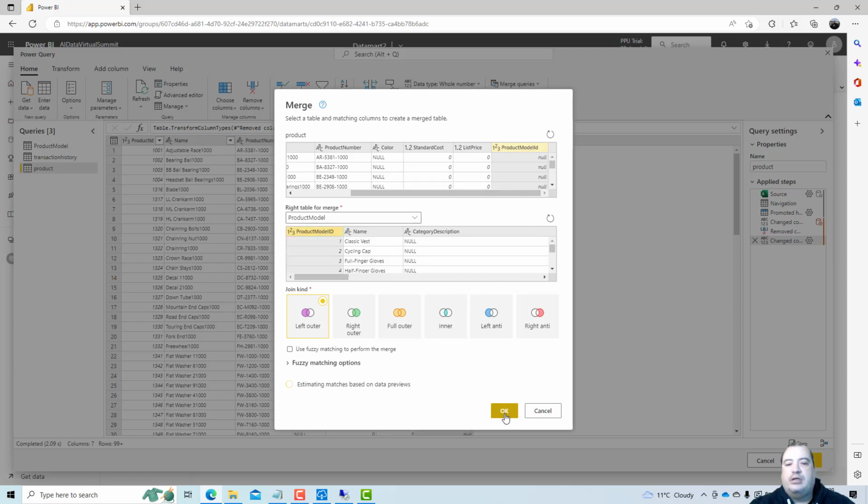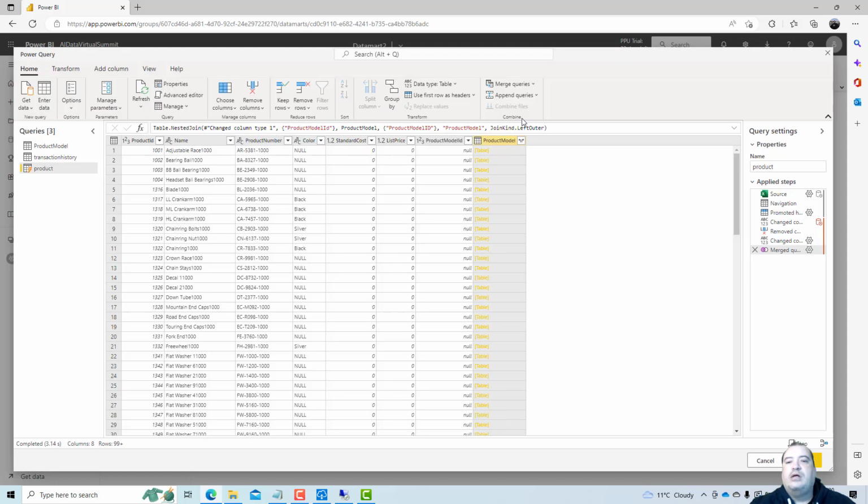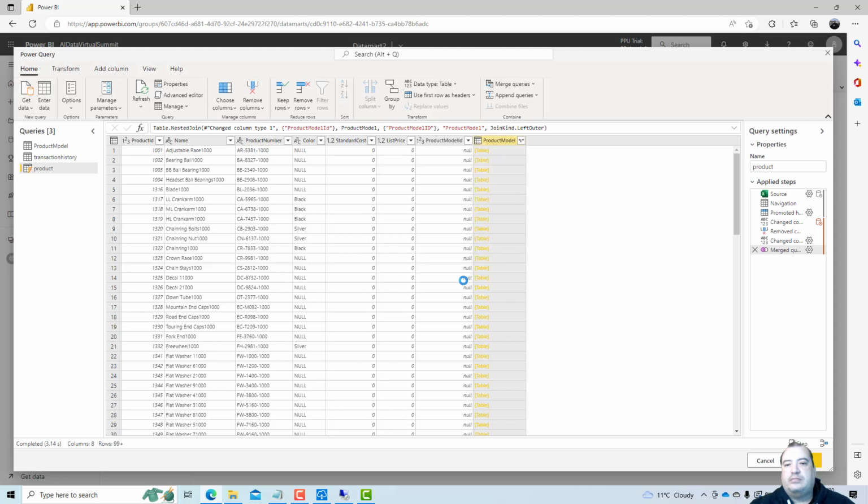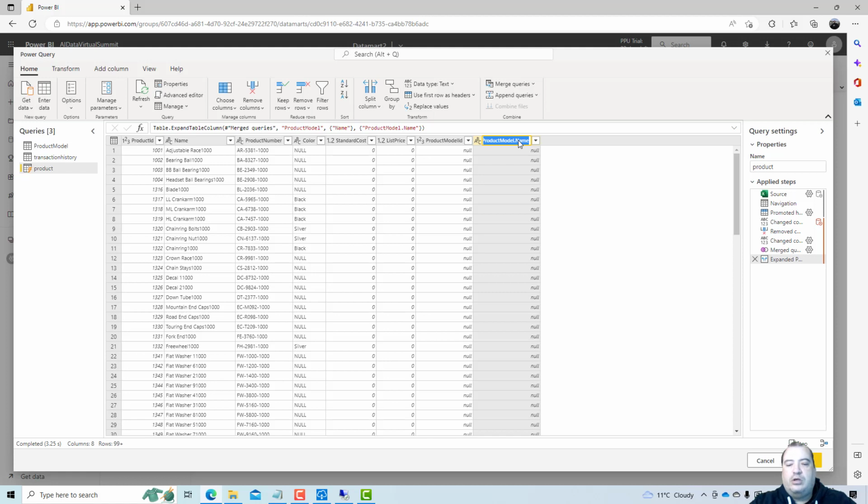Okay, it's estimating the matches. Okay, let's expand product model. What I want is the name of the model. Name. Let's rename the column: model name.